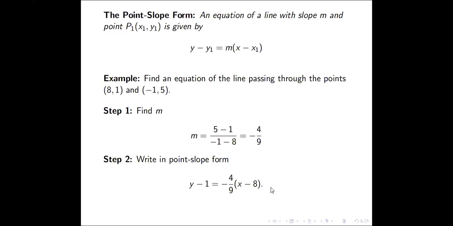Of course, it is not unique, because you can put any point in the point slope form, but they will eventually be the same when we solve for y in terms of x. So the point slope form of an equation of a line, remember this, is not unique. As long as you have a point that is on the line, you can put it in this equation to get an equation of the line that you're looking for.